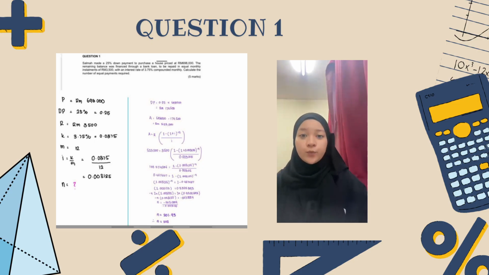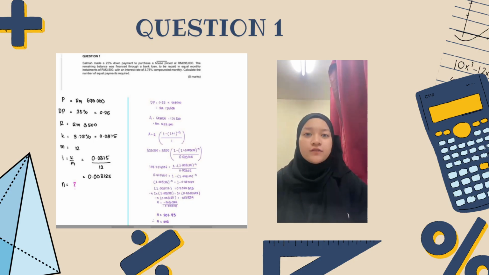And with all the information that we get, do the calculation. So 52350 equals to 350, open the bracket 1 minus, open the bracket 1 plus 0.03125, close the bracket, power negative n, and divide it by 0.003125 and close the bracket. And after that,